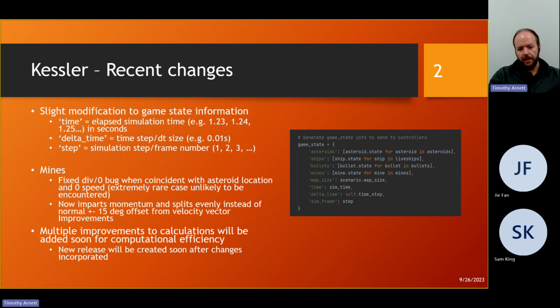For mines, there was a divide by 0 bug that was found when it was coincident with asteroid locations and had 0 speed. This is an extremely rare case, but we wanted to take care of it anyway. So now what happens if it is coincident with an asteroid, because previously it just destroyed the asteroid and the children didn't have any momentum, so they just sat there. Now it imparts momentum to them and splits them evenly around 360 degrees instead of the normal plus minus 15